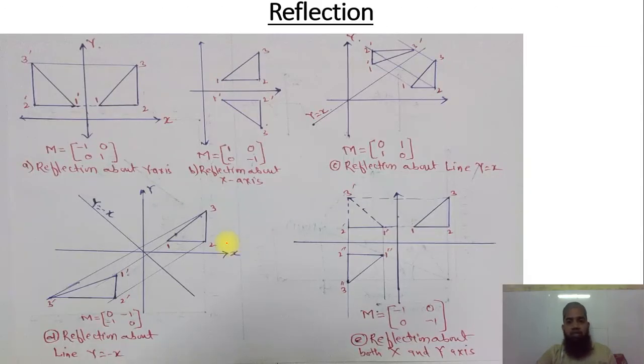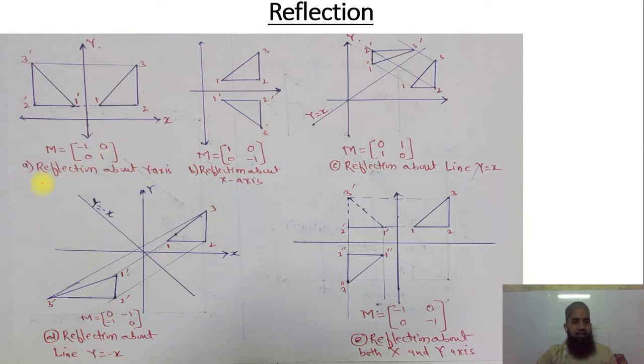Next, a very important topic is called reflection, and it is a little complicated compared to scaling, rotation, and translation. You have to remember the differences, because in this case we have more formulas compared to the last three types of methods, or we can say three types of parameters. Here we have reflection.